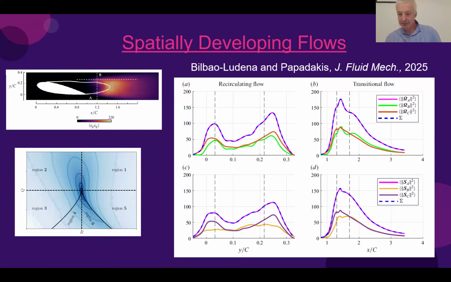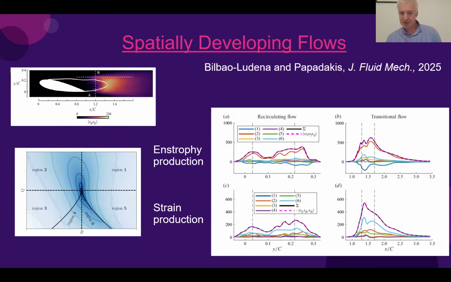And you can hopefully see that omega c squared and sc squared are identical, which is why earlier on I substituted out sc squared, and I just talked about omega c squared because it's a mathematical consequence. It has to be identical. So this is what they started off doing in this paper that was in JFM last year. But then they also started looking at the different regions on the diagram,